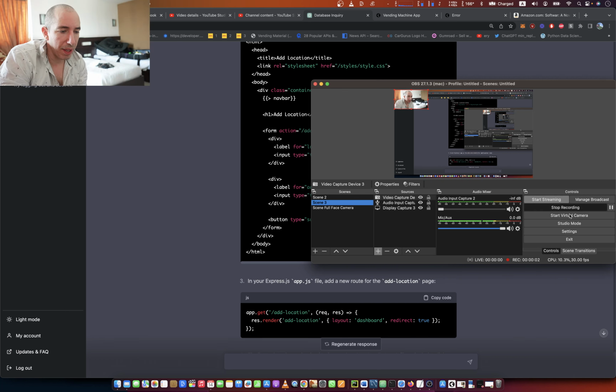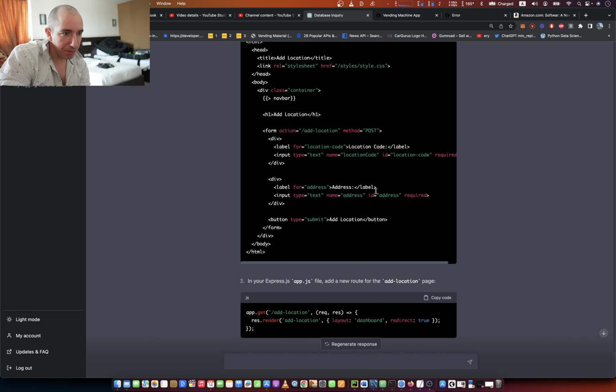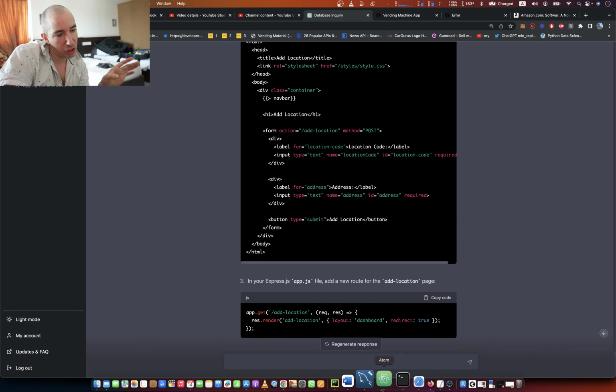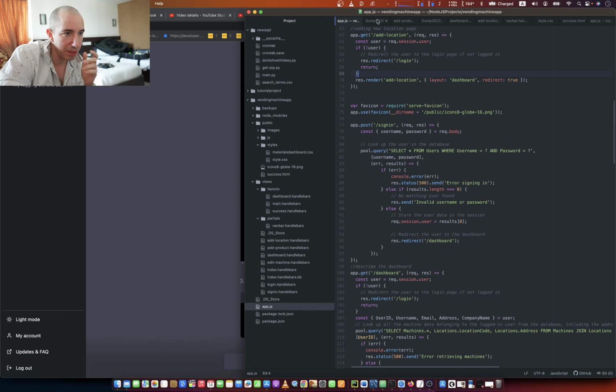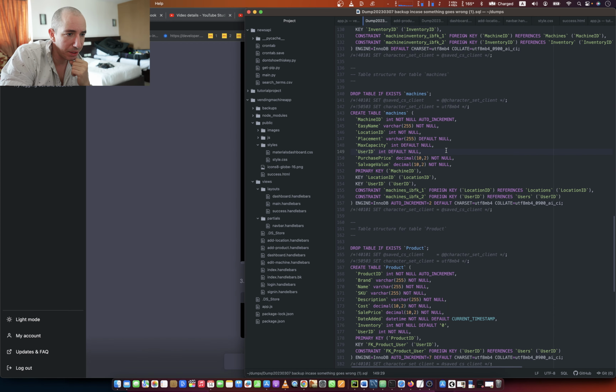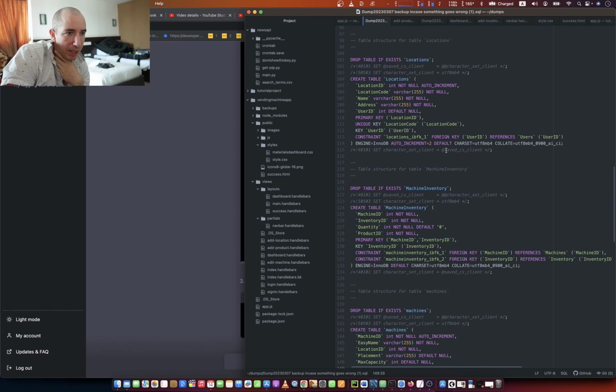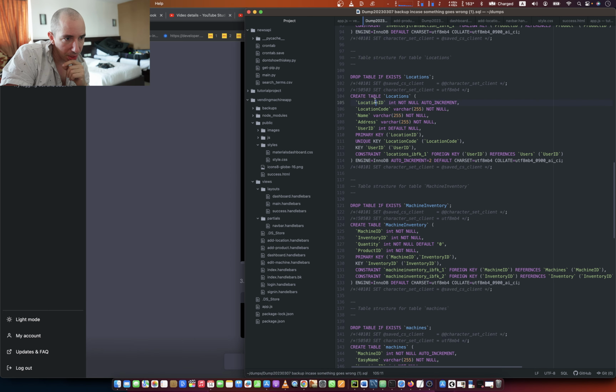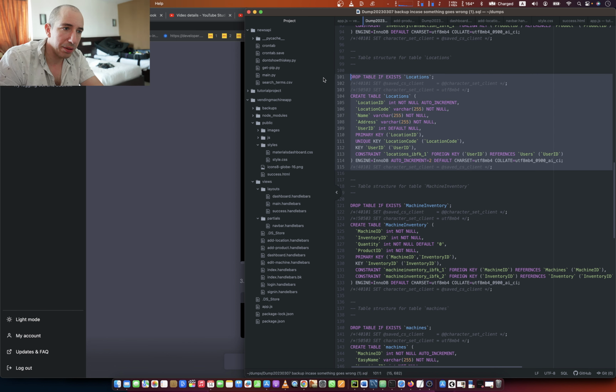Alrighty, so now we have to actually fix this code so that this form of add location actually posts properly into the database. So I'm going to take a look at locations. Location ID, location code, name, address, primary key, unique code, user ID, constraint. Okay. And I'm going to say